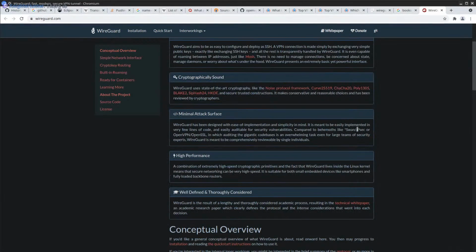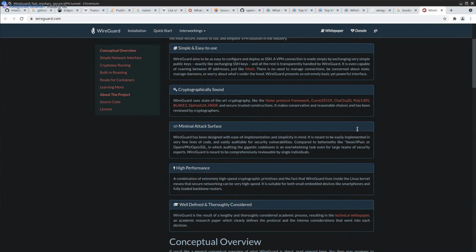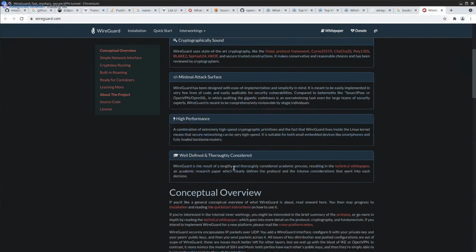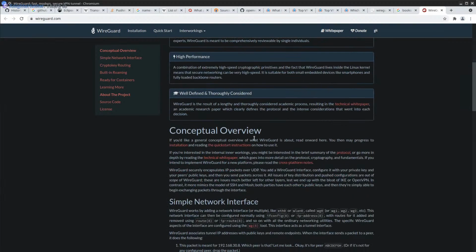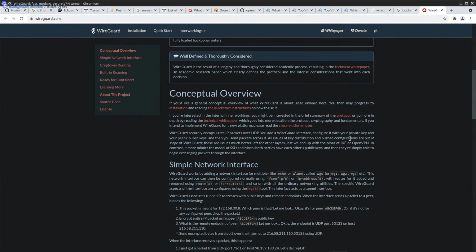Let's read about WireGuard, what it's about. Well, I guess we kind of know what it's about. Conceptual overview. What do they have to say about themselves? That's interesting. If you'd like a general conceptual overview of WireGuard, read over here. Okay.